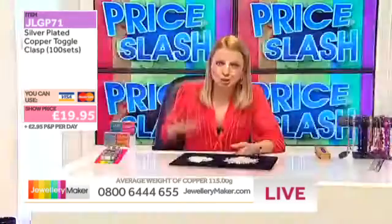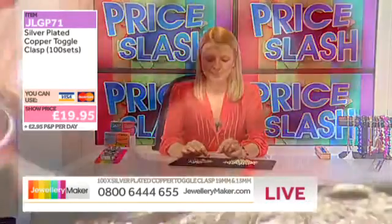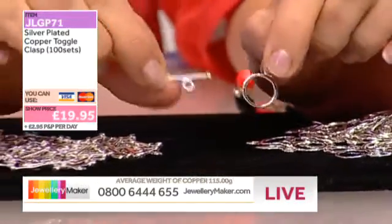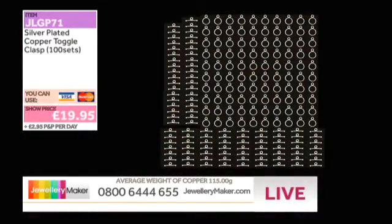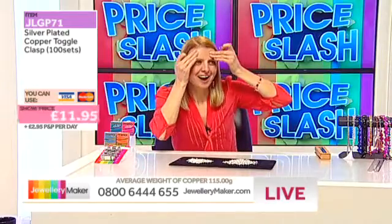£19.95 is the price you should be paying for 100 of your toggle clasps. That's 100 sets. That means you're actually getting 200 pieces, but 100 sets of your toggle clasps. That includes the bar and the hoop. This combination should be £19.95. 19, 18, 17, 16, 15, 14, 13, 12,